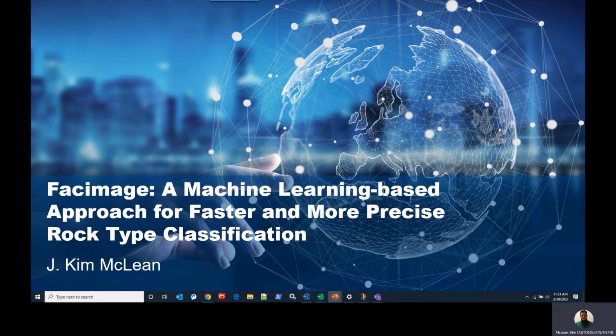I'm going to talk to you today about a topic that I get super excited about, and that is a machine learning based approach for faster and more precise rock type classification. And specifically, we're going to talk about Facimage, which is one of the tools within our formation evaluation toolkit. And it's specifically focused around machine learning, both cluster analysis as well as regression. Today, we're going to focus on the cluster analysis or facies classification in terms of the machine learning workflow and